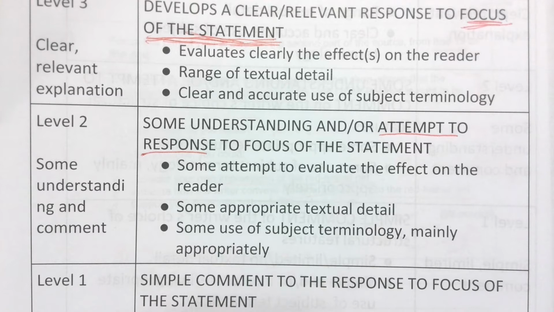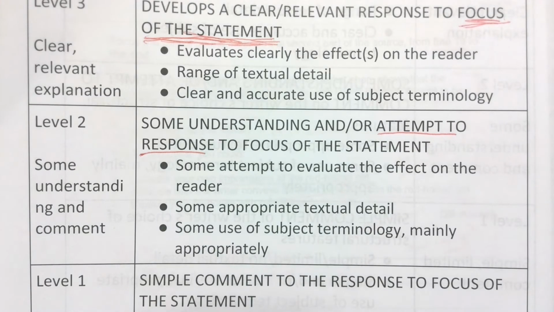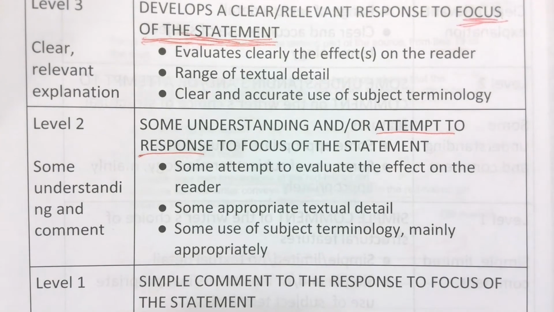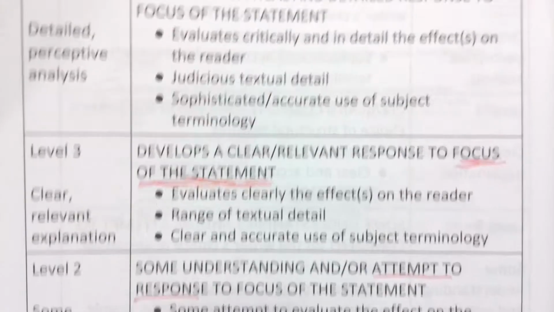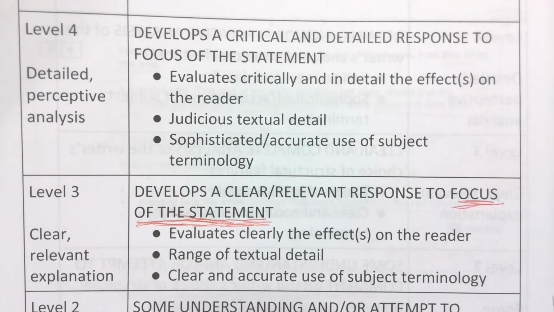Remember, you have to explain everything clearly. If upon rereading your paragraph, you look at it and go, I don't really know what that means, then that's a level 2 and you won't get any higher than half marks from that point. So you need to make sure you've explained everything as fully as possible, because that is what's going to get you into that level 3 and 4.